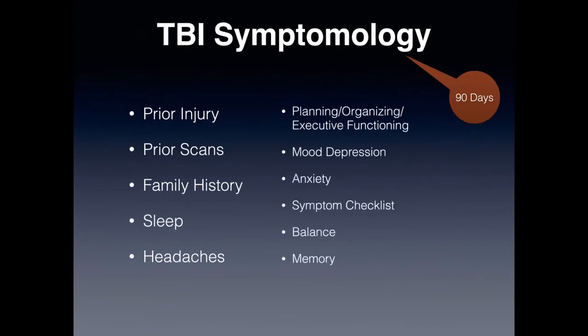And we have a detailed form where we discuss all of these issues in detail. Obviously, if they're significant issues, the client needs to be sent to a neurologist to be evaluated for a traumatic brain injury if it hasn't been done by any medical professional up to this point. So now that we've kind of covered discovering the extent of our client's injuries, because I believe that's very important,